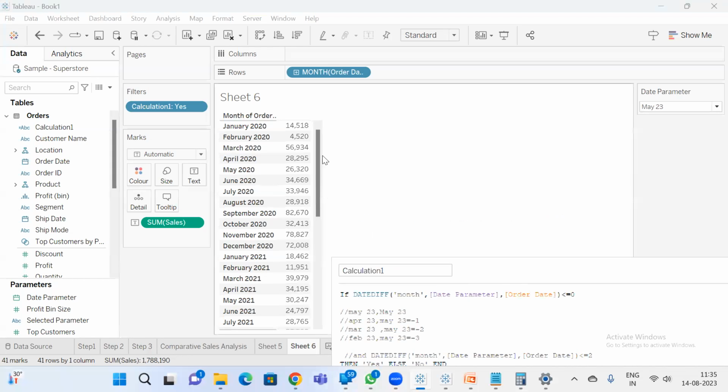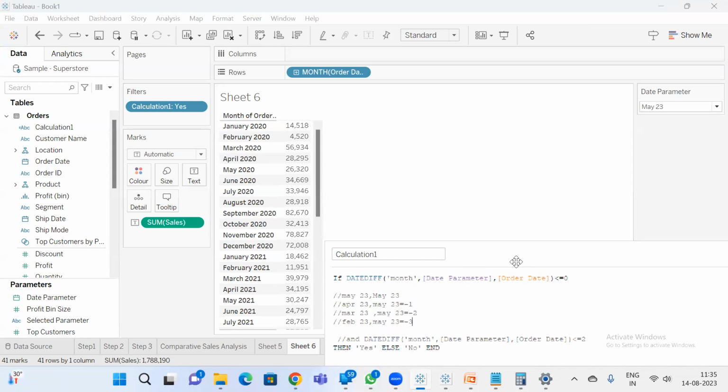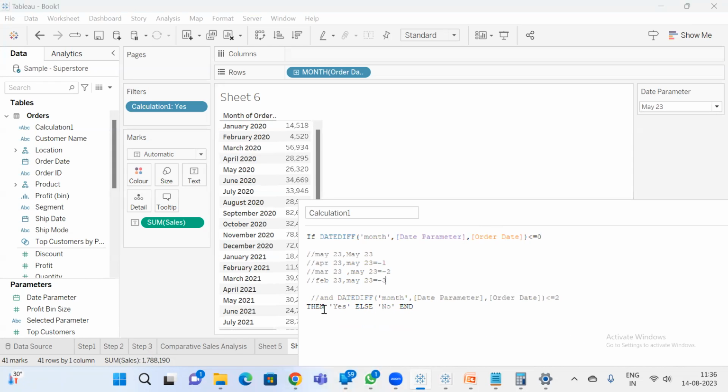But we don't want all the previous values. We just want to have only the last 3 previous values. So you have to control from the other side also. If you want to control from the other side, you have to write one more condition, where you mention how many you need. So greater than,